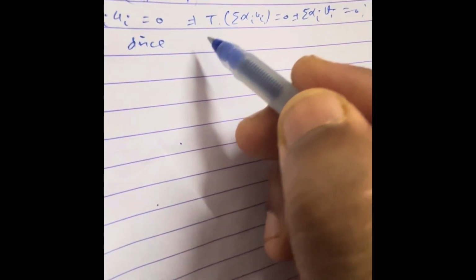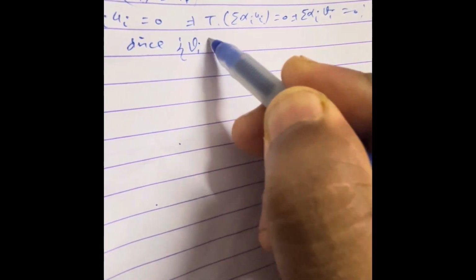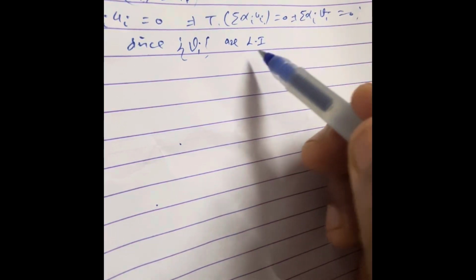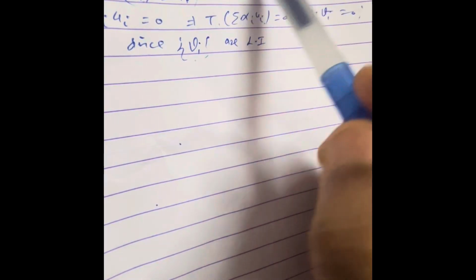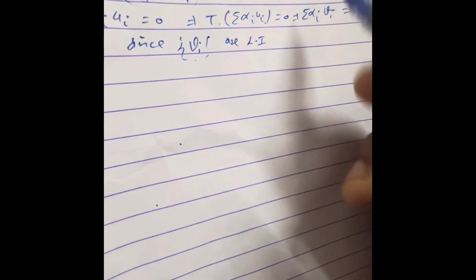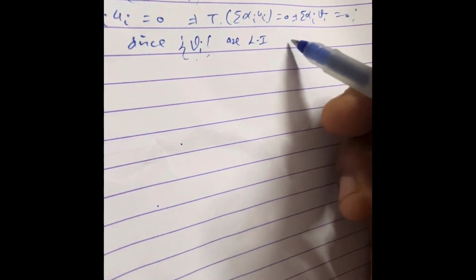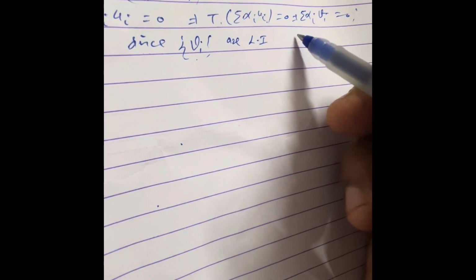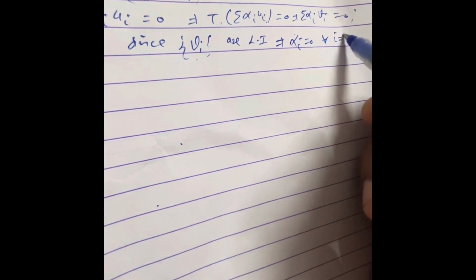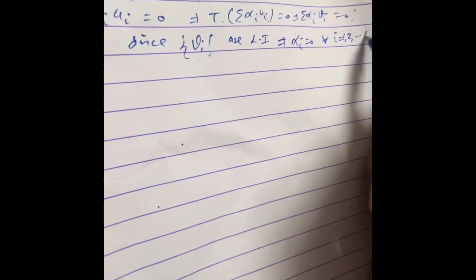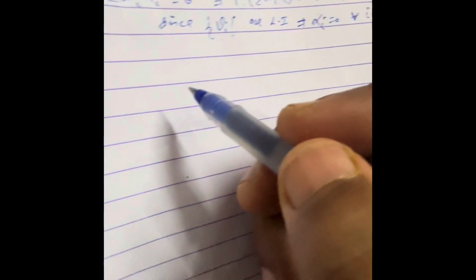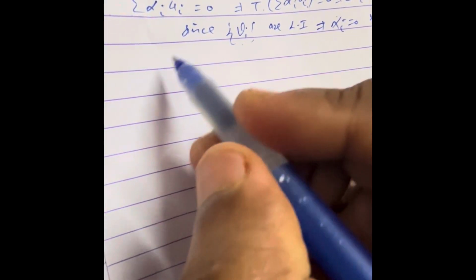But since the vi are linearly independent, why? Because it's a basis. So a basis is a linearly independent set. Therefore this implies that alpha i is 0 for all i equal to 1 up to p. Okay, this is fine. Now by the basis extension theorem,